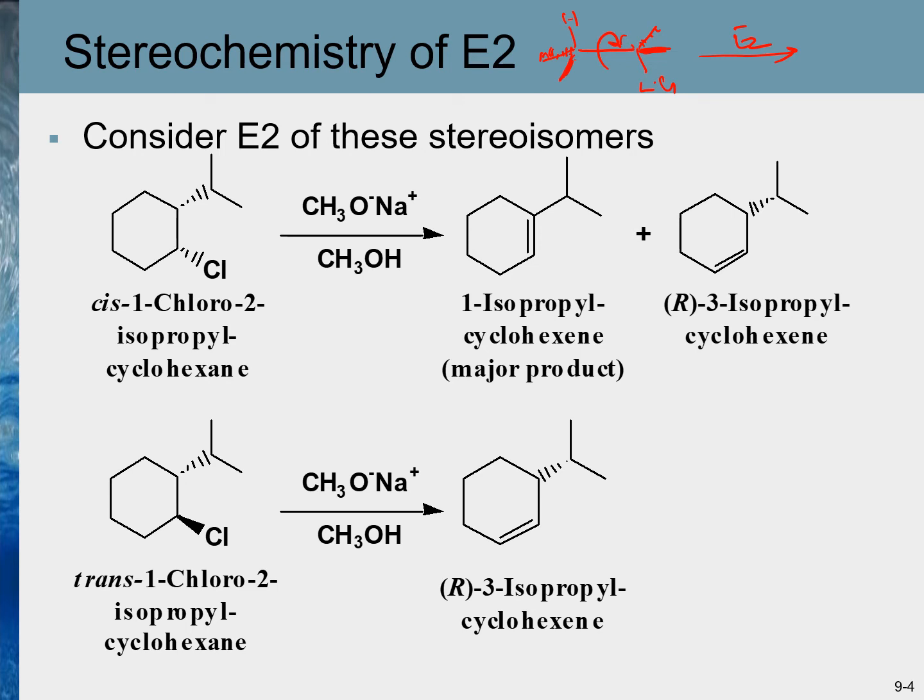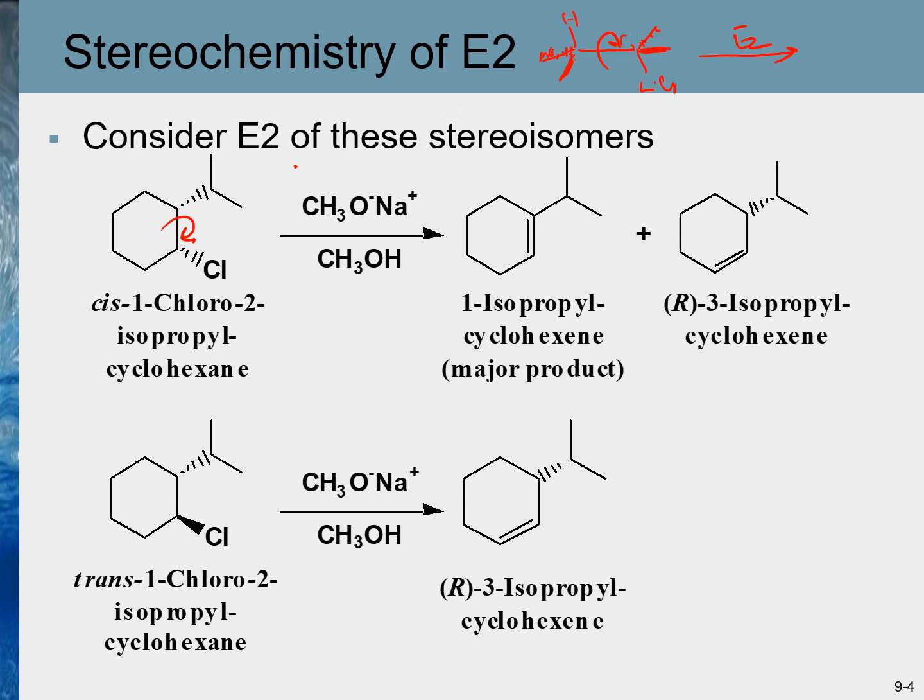In case of cyclic haloalkanes, the rotation around the carbon-carbon single bond is not possible. The reason is because all carbon-carbon bonds are linked together to form the ring. So without breaking the ring, this rotation is not possible. So due to this reason, the E2 reactions in cyclic haloalkanes result in interesting